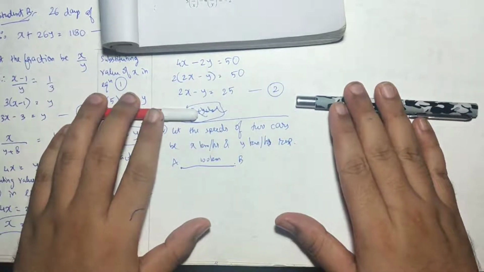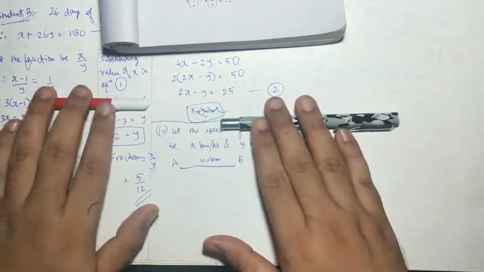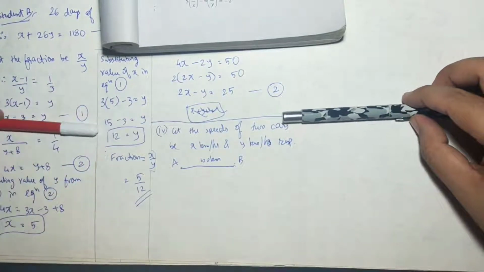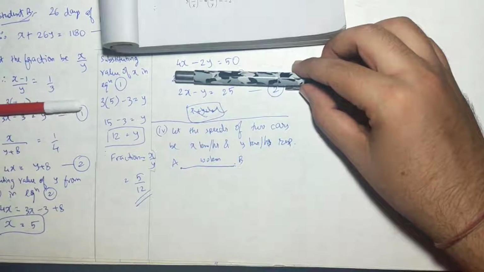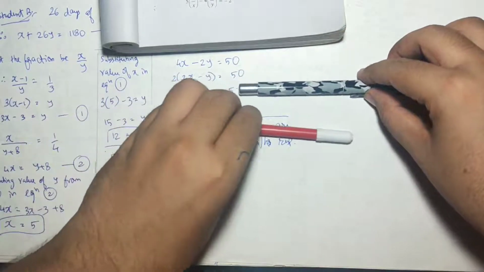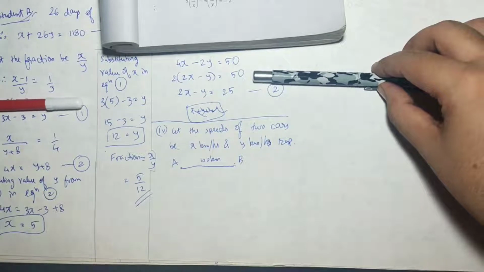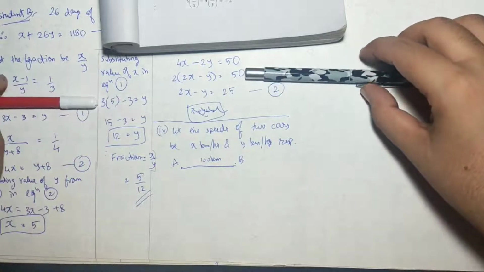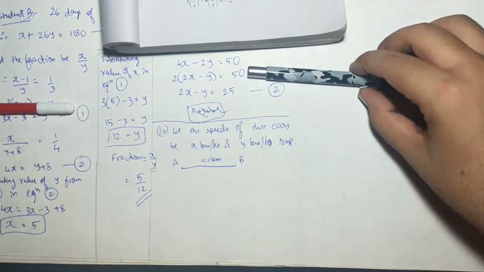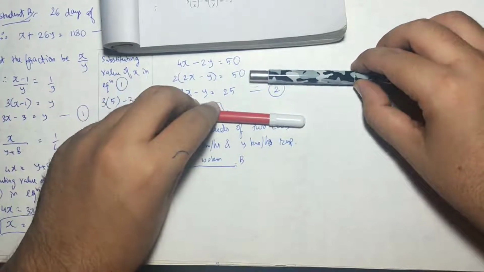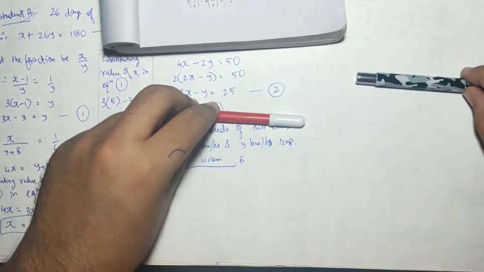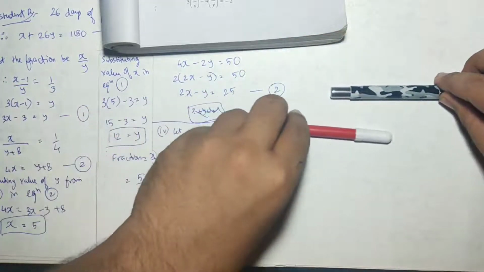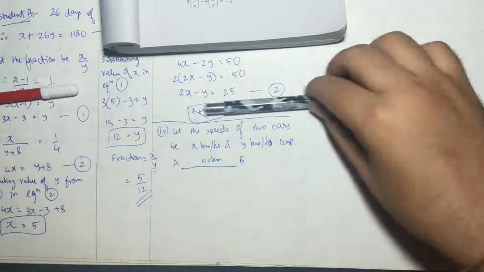If both are traveling in the same direction, either this way or this way, understand this thing: the car which is behind, if it has to cross this car, it has to cover the whole distance in between. If in 1 hour this car reaches this place, in that 1 hour the other car would have moved a little further. So to cover the distance, it will need more time to cross this car, because at the same time this car is moving and that car is moving.